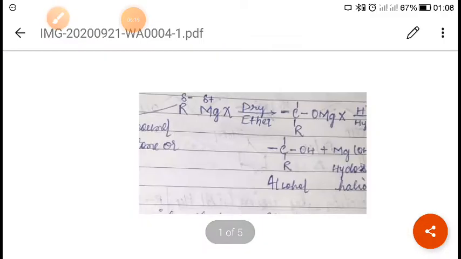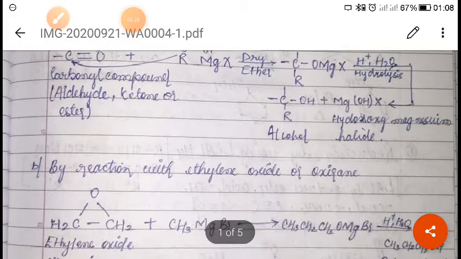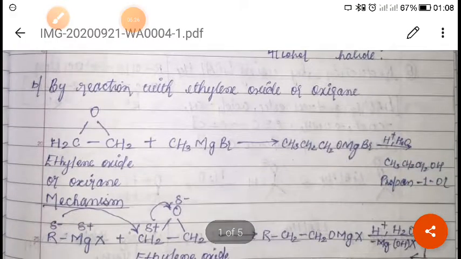Okay, so I hope you have understood the reaction with aldehydes, ketones and ether. Now next is the reaction with ethylene oxide or oxirane. When we talk about the reaction with ethylene oxide or oxirane, always remember that epoxy alkanes such as oxirane or ethylene oxide react with Grignard reagent in the presence of anhydrous ether to form an addition